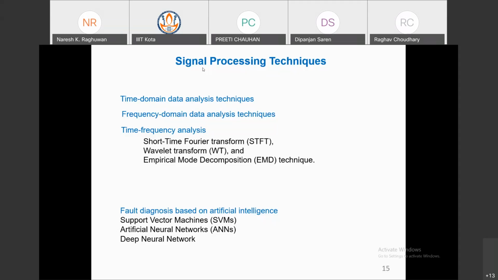So very simple and initial technique, the time domain signal. Some drawbacks also. So I will explain what drawbacks of the time domain signal in the frequency domain. Frequency domain, again. And one other thing, time frequency analysis. This is the graph between the time and frequency. Okay, this will also have some advantage over the frequency domain or time domain signals. Okay, so I will explain some of these in short notes. Also, the fault diagnosis based on artificial intelligence.